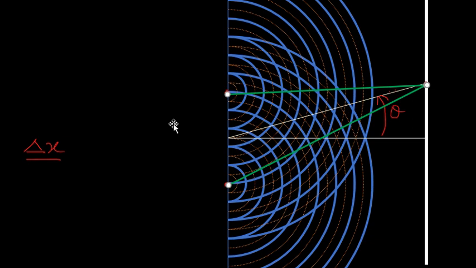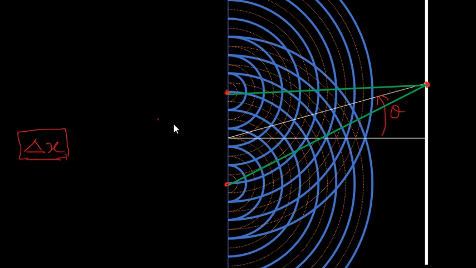Okay, so we have this. These two lines are showing me the path length. Light from this particular source is traveling this path, and light from this particular source is traveling this path. And in order to show the change in path length, or the difference in path length,